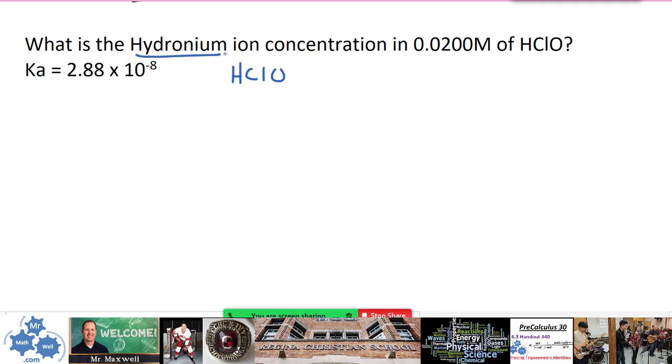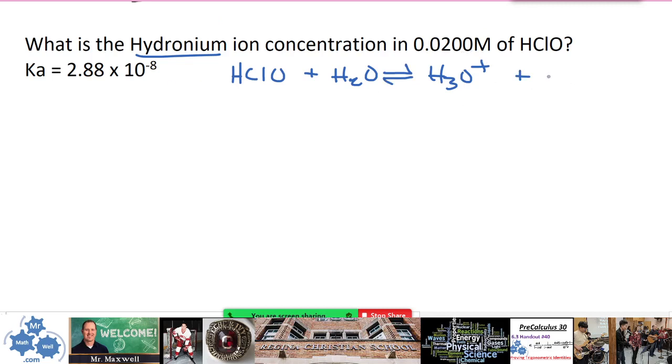Hydronium is H3O plus. Hydrogen ion, if the textbook or you're talking about hydrogen ion, that's just H plus. You wouldn't have to include the H2O, but because we're talking about hydronium ion, hydronium is this one, H3O plus, right? So